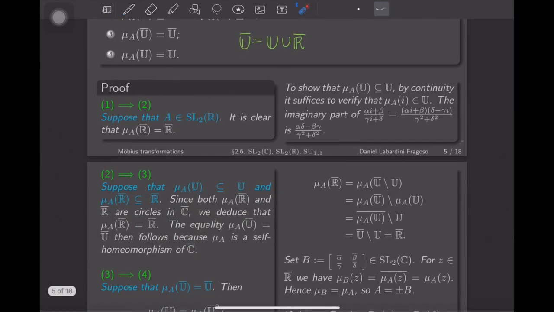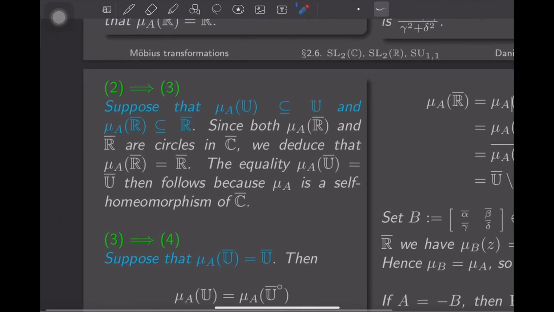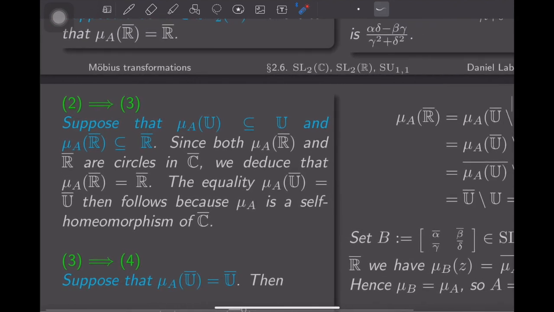And I would say that the argument is again more or less simple. This is a circle in C bar, this is a circle in C bar. So if this is contained in this, they are automatically equal, right? It's kind of one circle contained in another. So they really have to be the same circle. And then once I know this, then